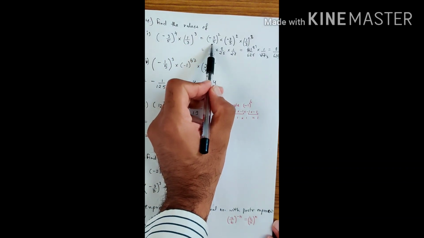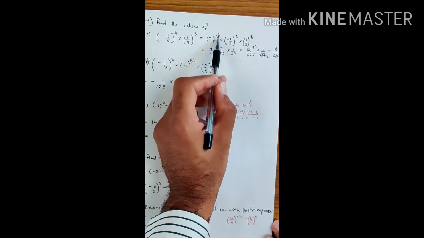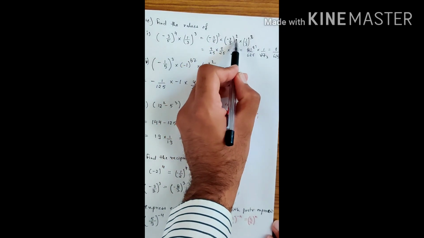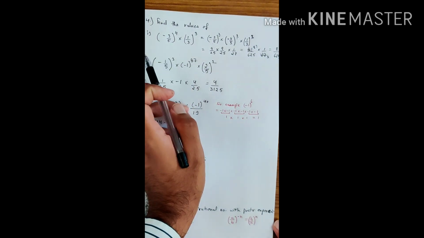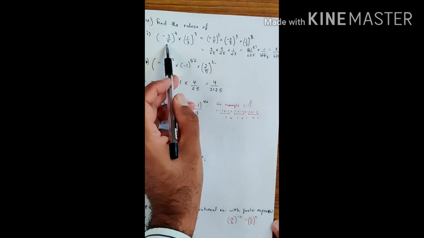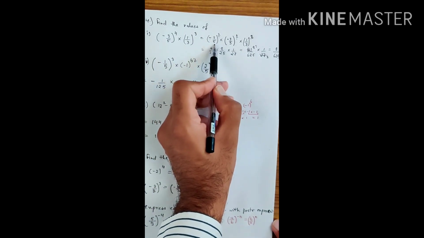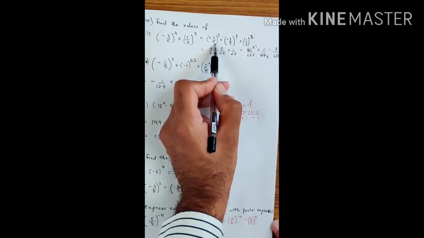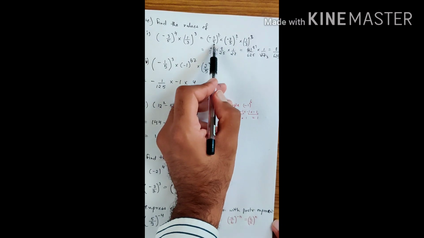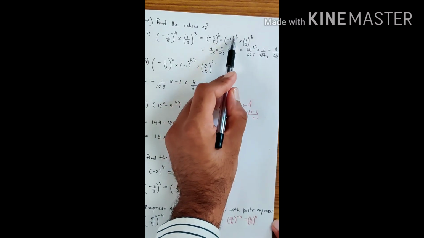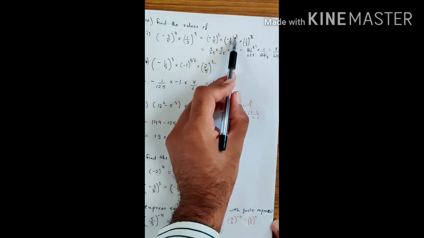3 by 5 into 3 by 5, and the power I have broken into 2 and 2, because if you see law number 1 of exponents, powers are added. So here you can see this is the base and this is the power. Similarly, this is the base and this is the power. Since our bases are same, powers can be added. So this will come to be this only. So I have broken this into two parts.